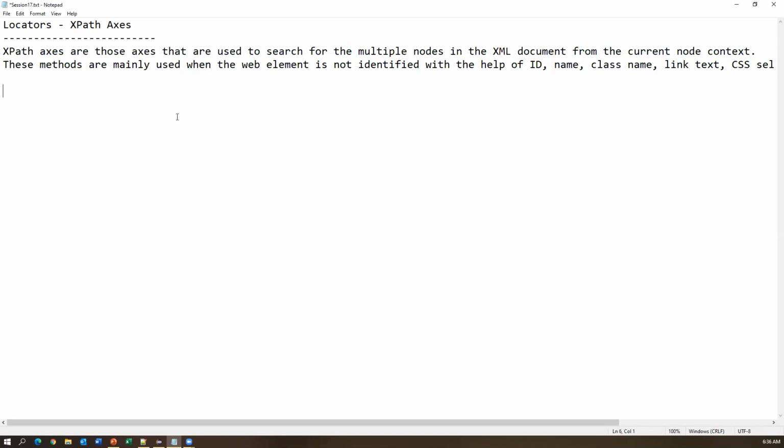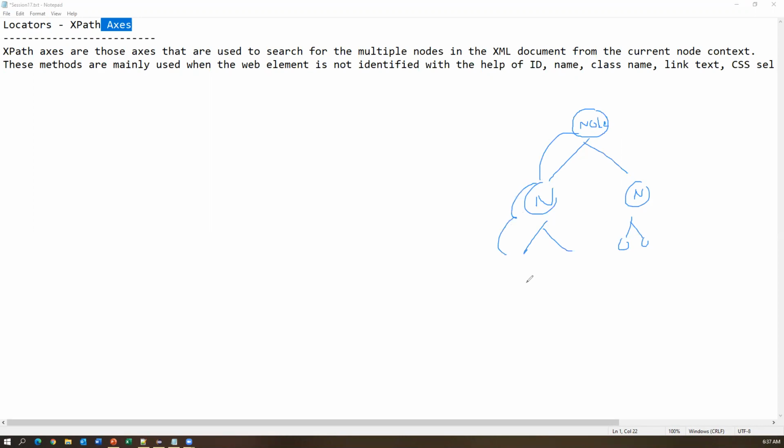In XPath itself, we have something called axes. What does an axis mean? For example, let us write a small node here. Let's say I have one node or one tag, and inside this there is one more node, and here I have one more node. So here we can navigate from one node to another node.